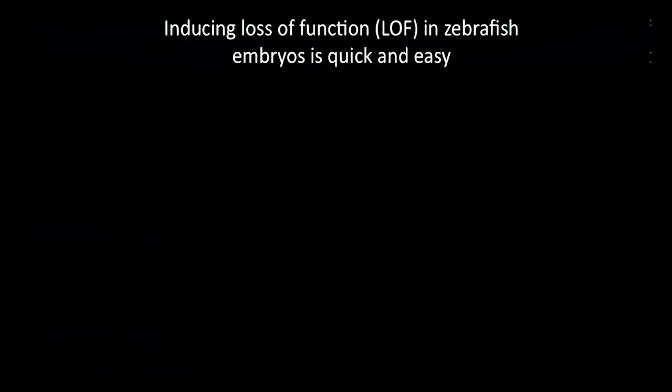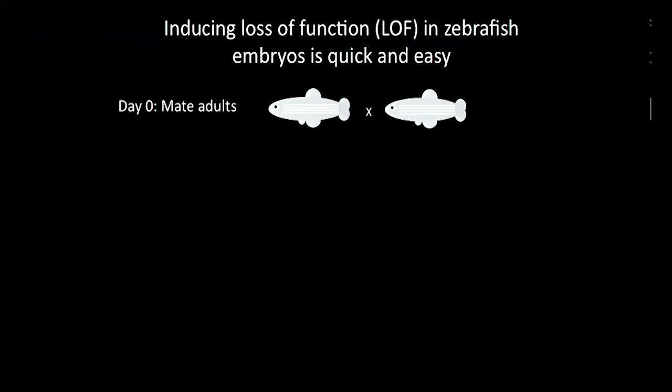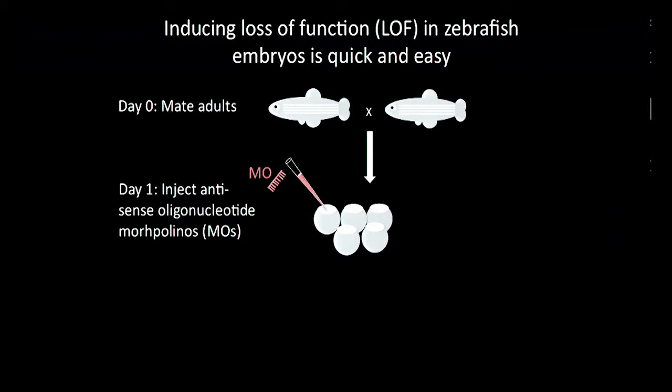So to get at finding these critical genes, we can begin by looking at single loss of function studies. And in zebrafish, this is really pretty fast and easy. So the day before, you set up the male and female adults in mating tanks, and the adults are triggered to spawn by the light cycle. So the next morning, you'll have hundreds of single-celled embryos that you can easily inject with antisense oligonucleotide morpholinos, or